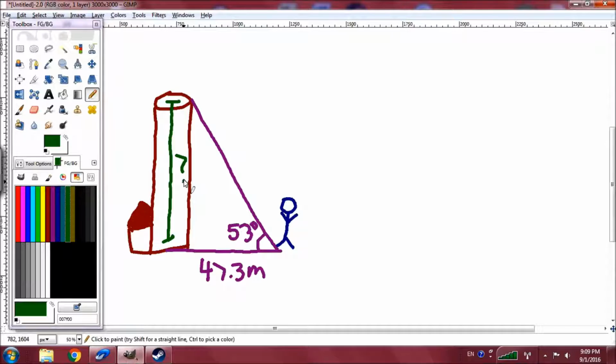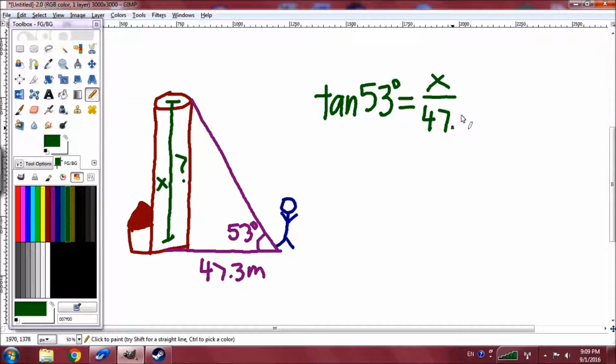Alright, so you're looking for the opposite of this angle, which is, we're going to use x as our variable. So to do that, you can use the tangent function. You use tangent of 53 degrees equals the opposite, which is x, divided by the adjacent, which is 47.3. You can then multiply 47.3 to both sides,